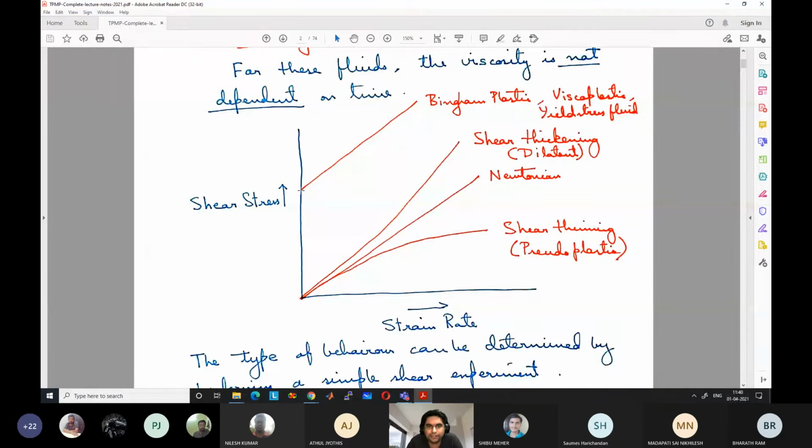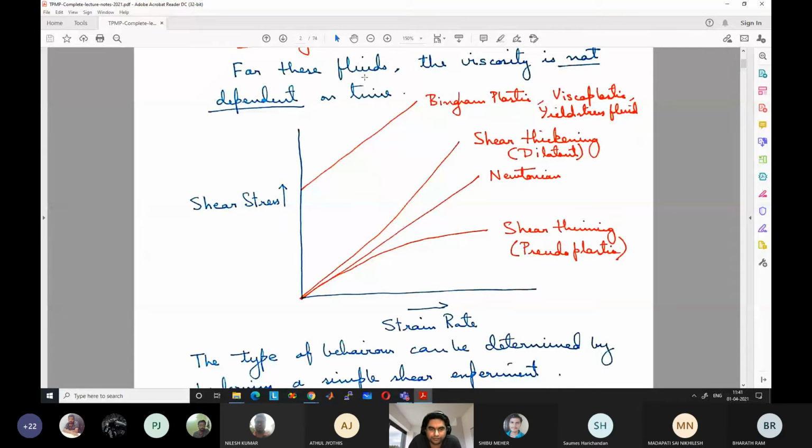Okay, and it can have a straight-line type of behavior like a Newtonian fluid. In this case, it is known as Bingham plastic. Or it can also have a behavior where, after starting from this critical stress, the line diverges towards the bottom, meaning it shows shear thinning behavior. In that case, it is known as Bingham pseudoplastic. I have not drawn it here, but that is known as Bingham pseudoplastic.